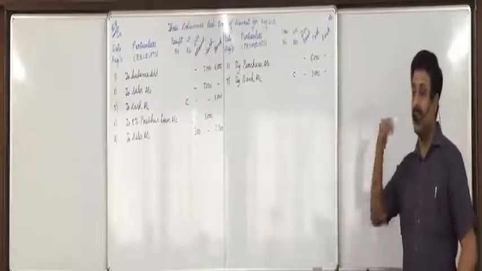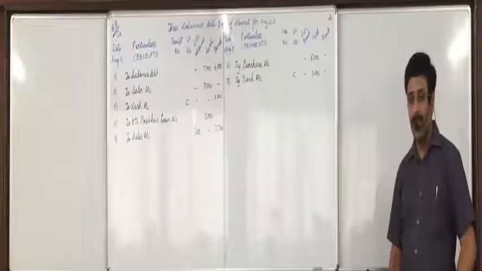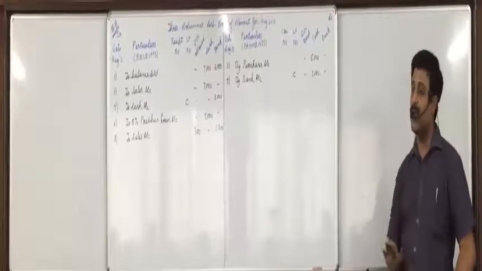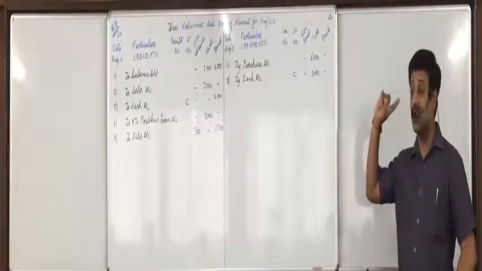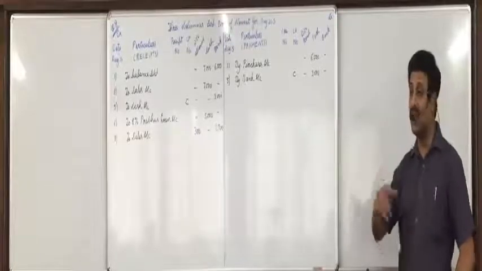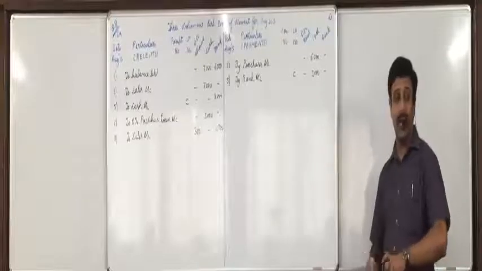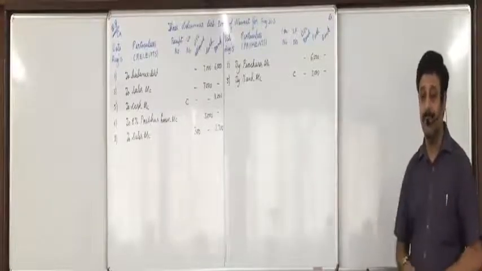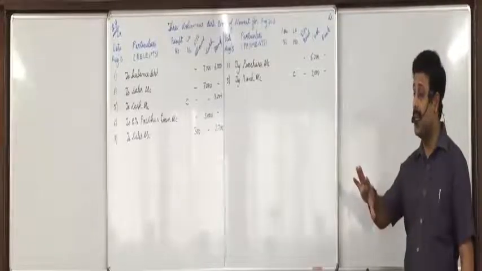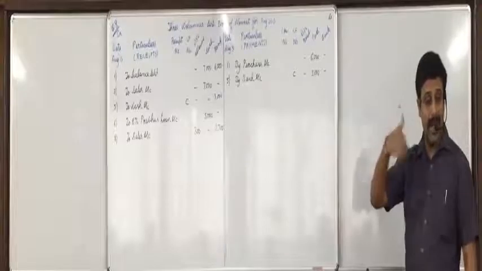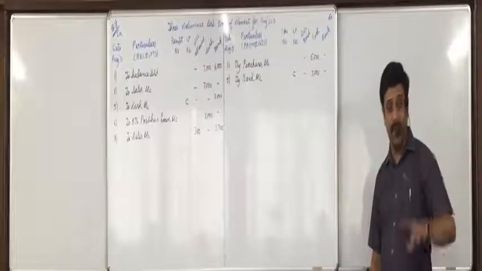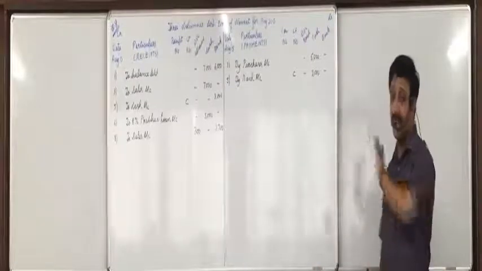If you remember in subsidiary books, last chapter we discussed, when there is partly cash, partly credit, we treat it as fully credit transaction and record it in purchase book or sales book. And then whatever payment is done or whatever money is received, that we record in cash book. So actually here two single entries will come, combined entry won't come. Because one single entry of treating it as fully credit transaction is recorded in purchase book. And the other entry of making the payment is recorded in cash book. So instead of passing the combined entry, we would pass two single entries, and because of that effects will change.